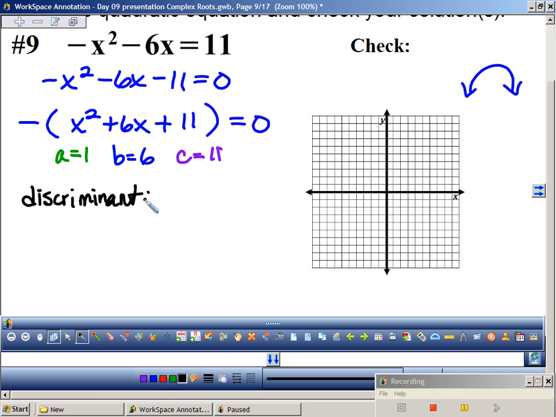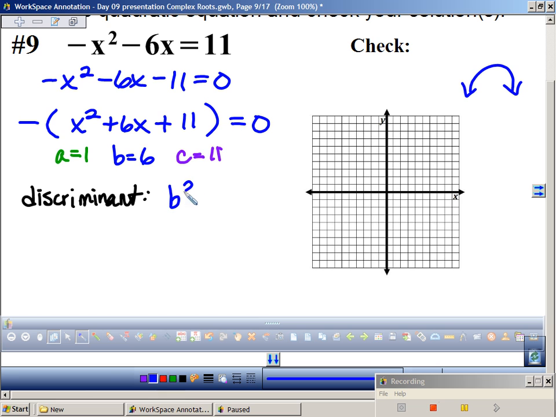My discriminant is B squared minus 4AC. A is green and C is purple. The B is supposed to be blue. I did that on purpose. Okay, so I'm going to change over to my blue color. All right, so B squared minus 4